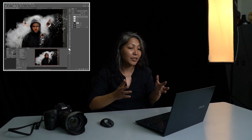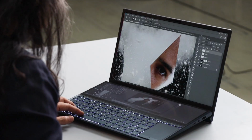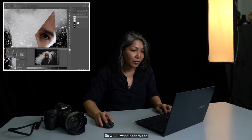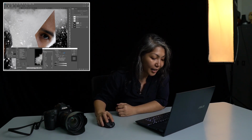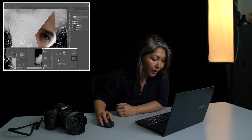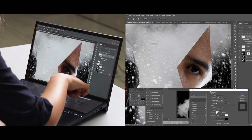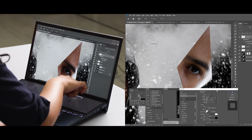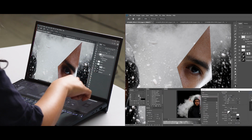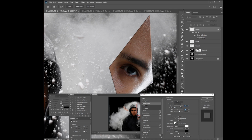It's important for it to have some dimension. Let's go to my second monitor, zoom in on this part. Okay, so what I want is for this to have some kind of thickness, parang ganun. And then we're gonna cheat that. I think one of the easy ways is to go for, let's say, we can try bevel and emboss. So a good thing, what I like here is that I can actually use this touch screen, so forget about the mouse and then adjust the panels that I have here. Let's try that. So I can play with the depth, play with the size,